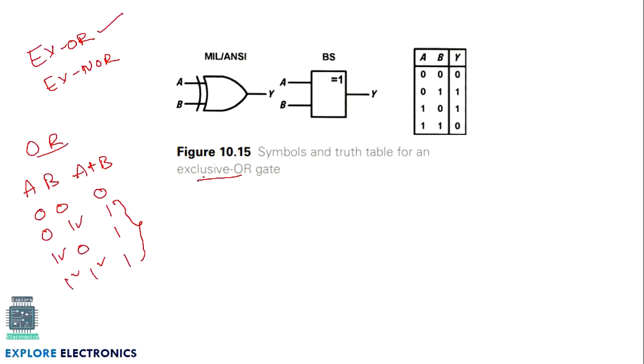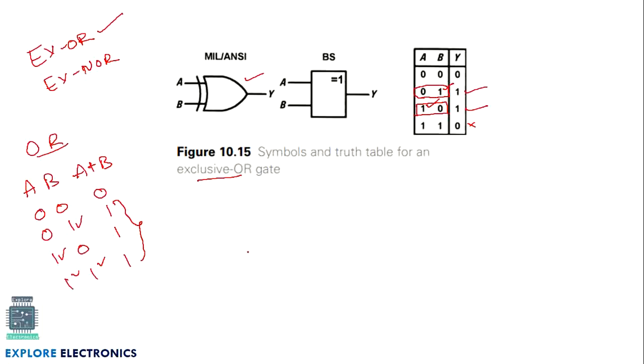But what is the exclusive OR gate supposed to do? It checks the inputs exclusively. Here in this case, you can see only one input should be 1. Here also, out of 2 inputs, only one should be 1. Only in these cases will this XOR gate give 1. If both the inputs are 1, the output will be 0. So this gate is called the XOR gate.